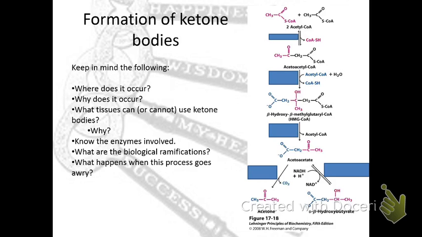So if we just look at the beginning here, we can see that we have two acetyl-CoAs. What's happened is your body's not getting enough glucose, and so you're going to undergo beta oxidation. But at some point in time, you're going to have an accumulation of acetyl-CoA. Okay? And so what we're going to look at now is an enzyme that adds two acetyl-CoAs to make an acetoacetyl-CoA, which we've seen before.